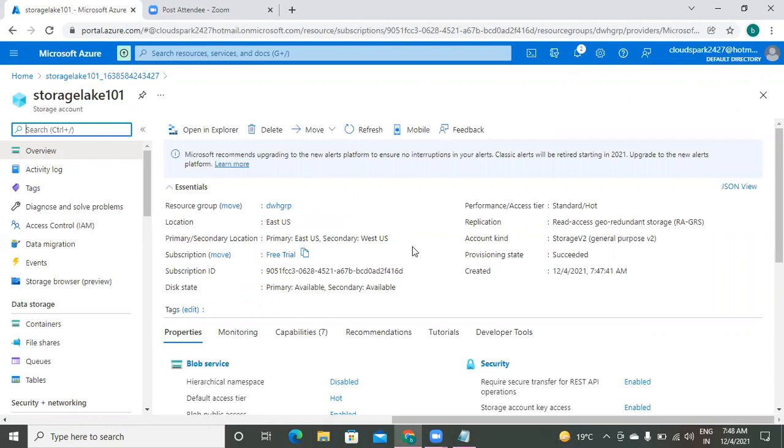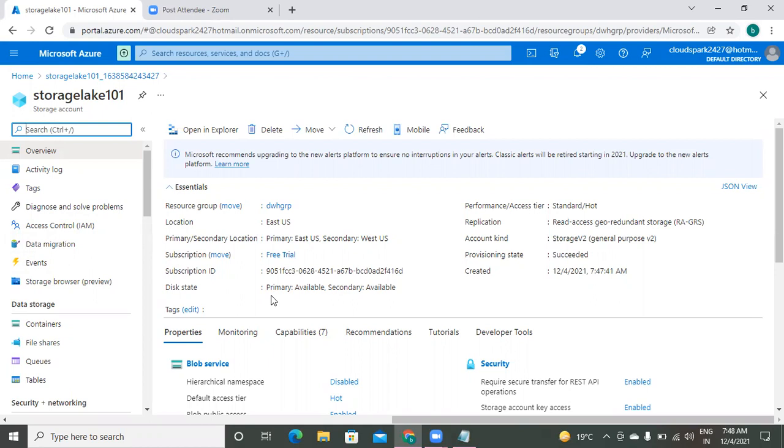Now within the storage account, we have to create the root objects. The root objects are containers. Within the containers, you can create folders or directly you can upload your files. Other objects are here, like file shares, queues, tables, different things. In pure data lake concepts, I will explain about those other types of objects.